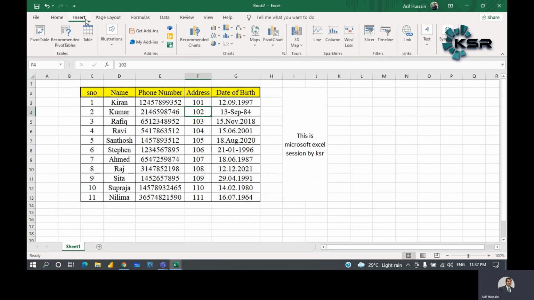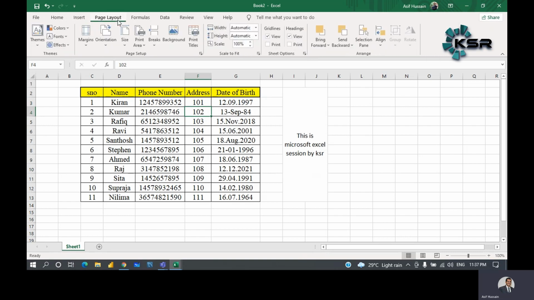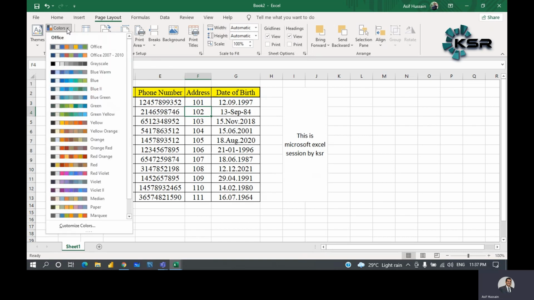Now again if you go into insert option, you can insert slices here, you can insert table, you can insert charts here. So there are multiple things that are there. If you want to go for a page layout, you can do the page break, you can draw the margins for this one, you can change the colors.